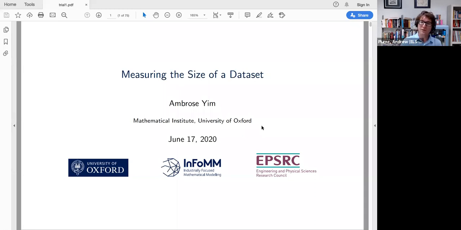So Ambrose's DPhil continues this focus on methods and applies them to our challenges and our data sets here at Elsevier. And he started work with us in early 2019. So we're around halfway through. The keen-eyed amongst you may recognize Ambrose from his previous smash hit seminar in this series entitled Topological Data Analysis, The Shape of Data, back in October of last year, 2019. But today, Ambrose is going to share his latest work on measuring diversity in journals.